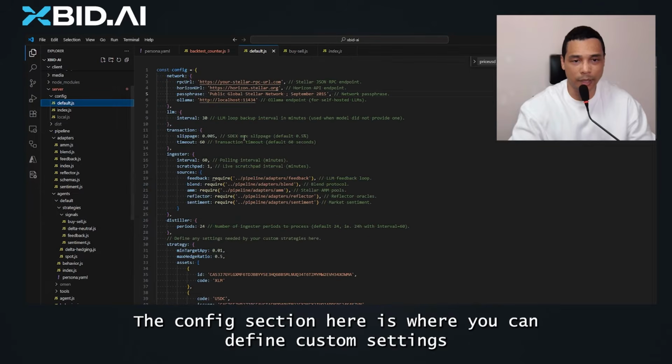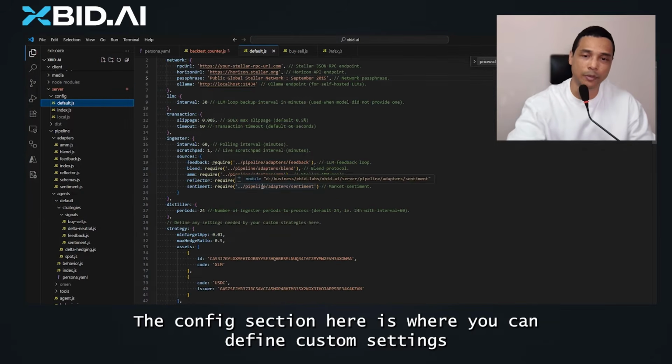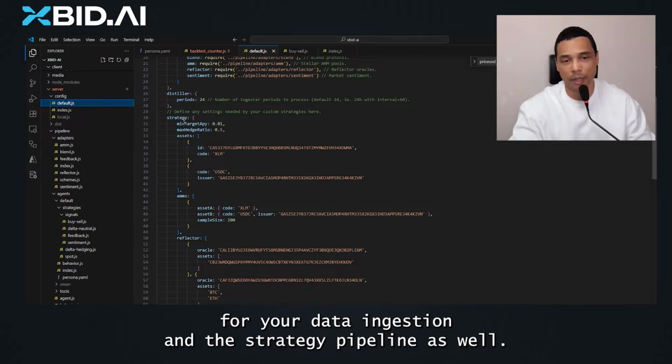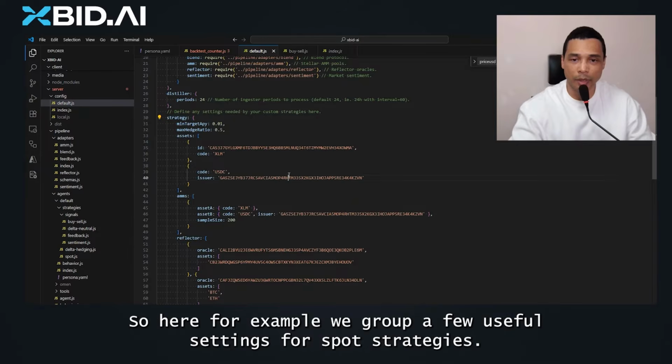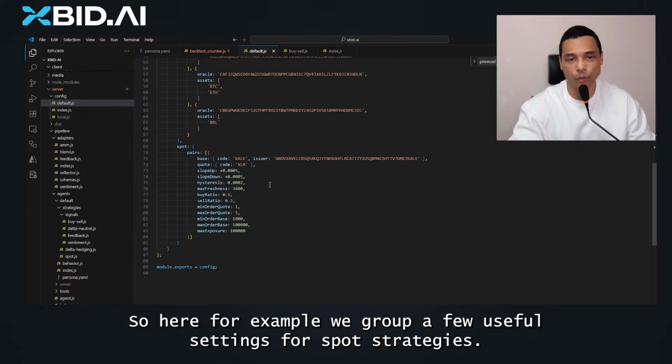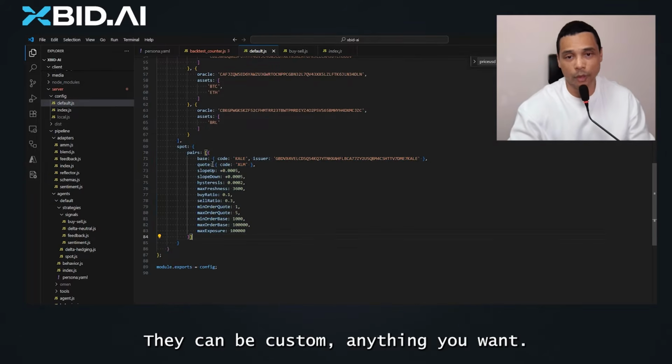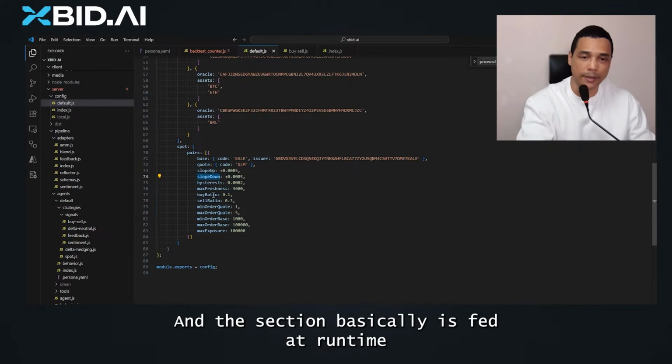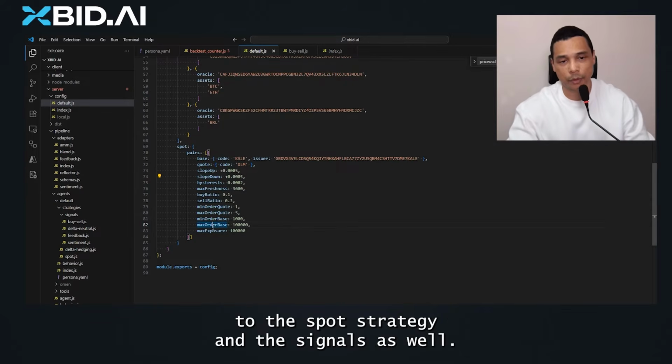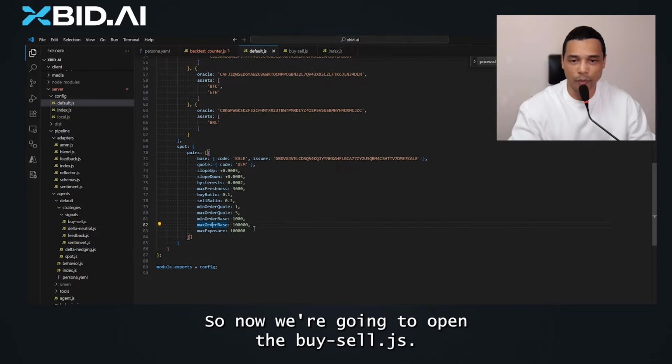The config section here is where you can define custom settings for your data ingestion and the strategy pipeline as well. So here, for example, we group a few useful settings for our spot strategies. They can be custom, anything you want. And this section basically is fed at runtime to the spot strategy and the signals as well. So now we're going to open the